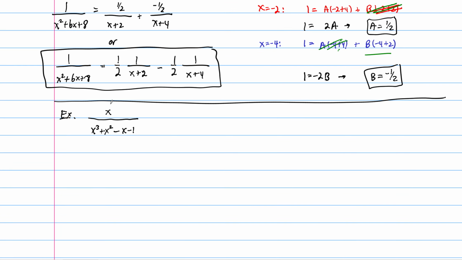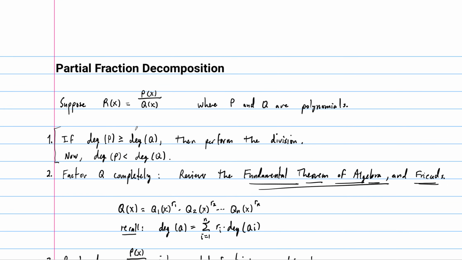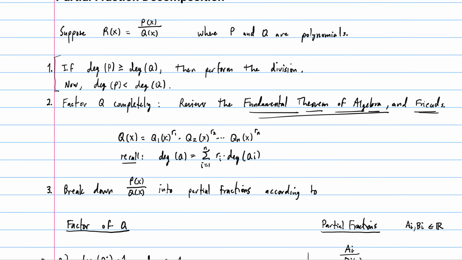So again, degree of the top is less than the degree of the bottom. So our job now is to factor the bottom. And we can see just by plugging in that 1 is a root, right? So if you plug in 1 for x, you get 1 plus 1 minus 1 minus 1, 0, right? And again, when you go back and you review, it's very important here. This is very important that you really do this, okay? When you go back and you review this,